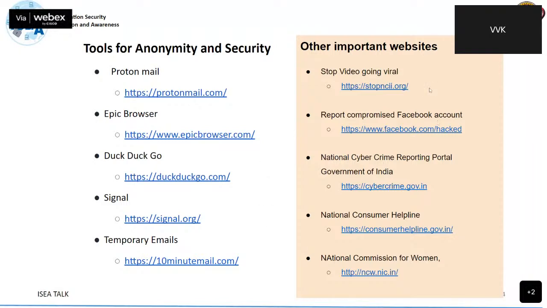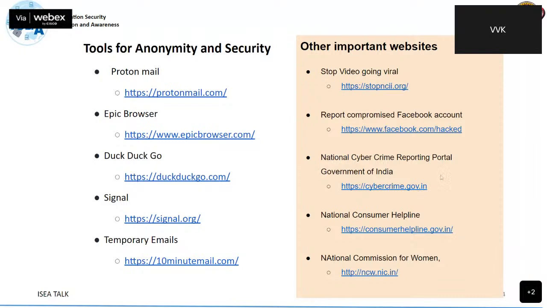And there are some important websites. Like if you see some video going viral, then you can stop it by going and registering a case on stopncii.org. Or if somebody's Facebook account is hacked, you can go and report here.